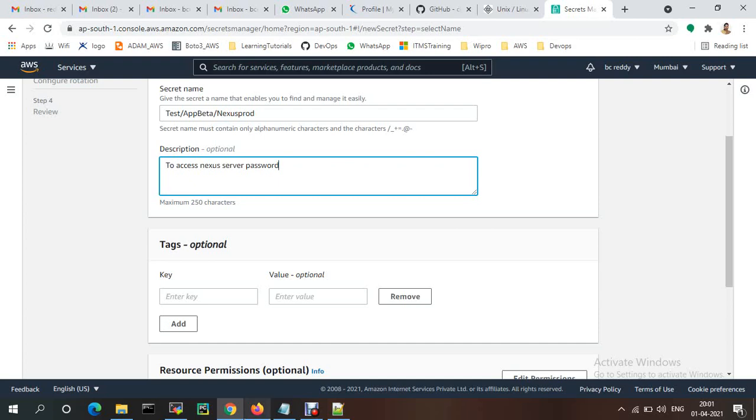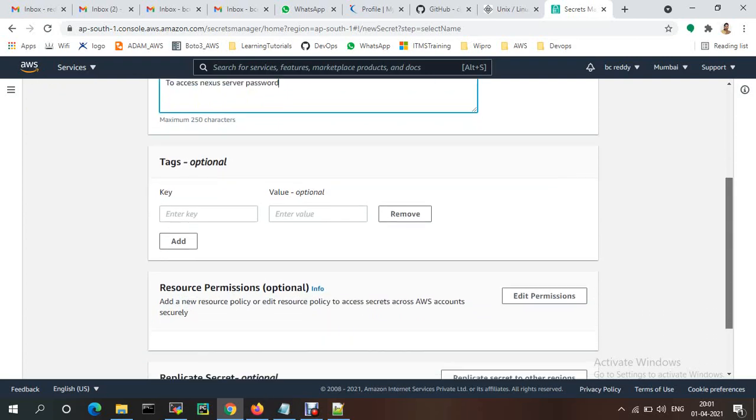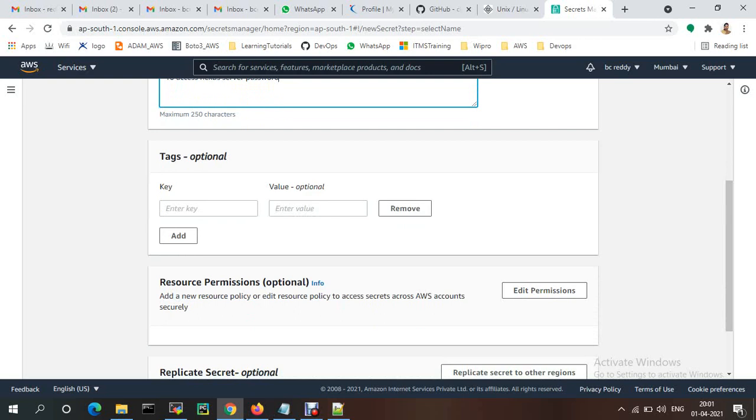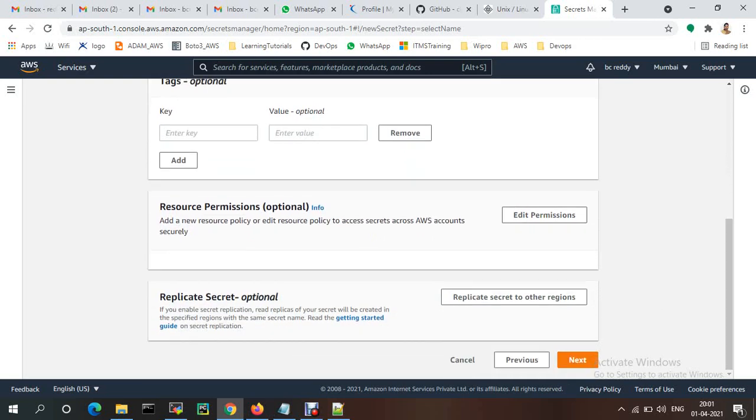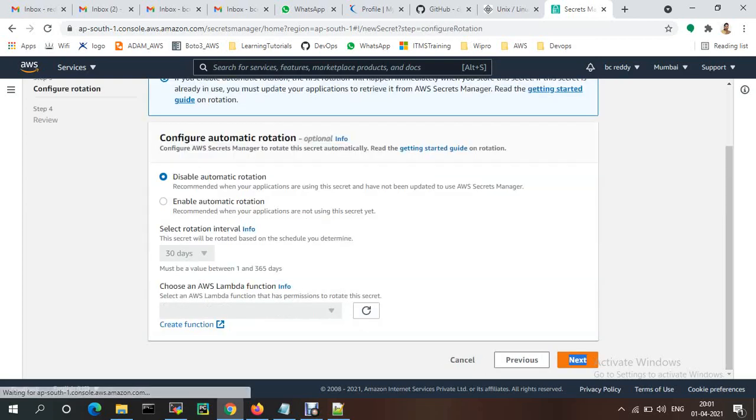If you want to, you can provide the key and value, but this is optional, so we don't need to do anything. Resource permissions are optional, and replication of the secret is optional. I'm just clicking next.